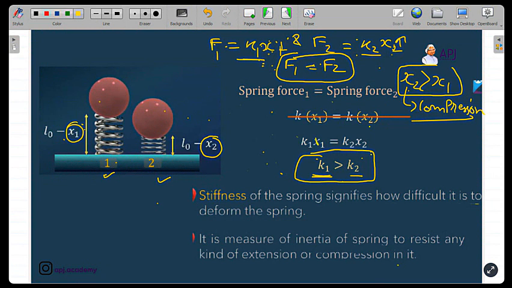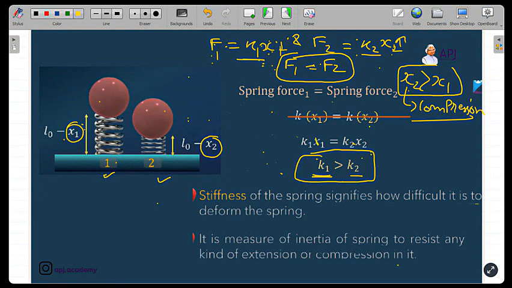So if I am already saying that X2 is greater than X1, the only possible case such that despite the difference in compression, the spring forces are equal, is that the spring constant of the spring which had lesser compression should be greater, that is, the spring constant of spring 1 should be greater than spring 2, because only if you multiply,